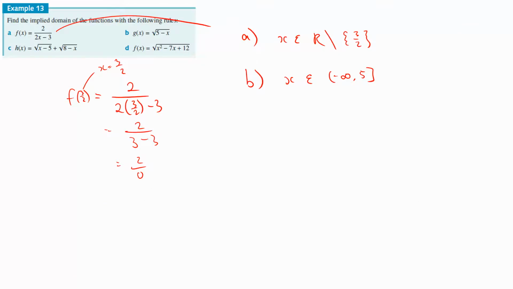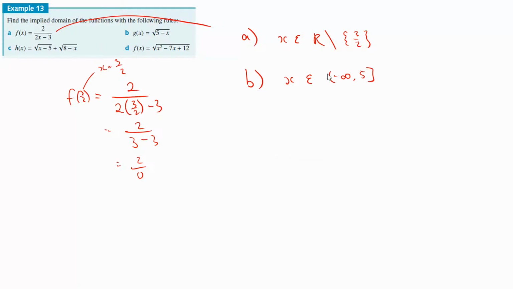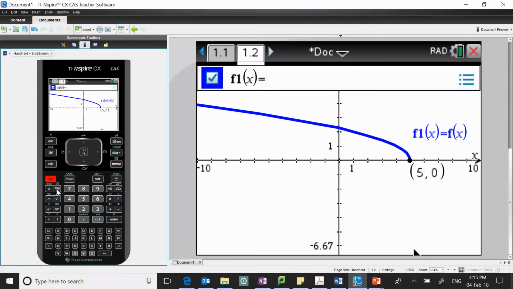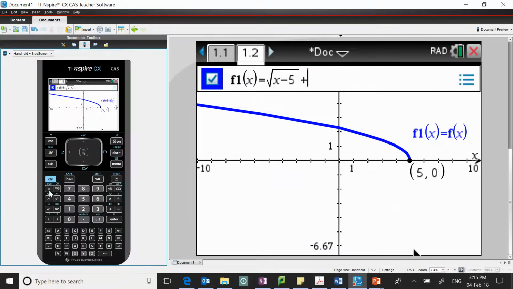And if you want to do, let's say, C, same thing again. You can do C, and what was it again? Square root of x minus 5 plus root of 8 minus x. Now before I press enter, the question is, if you have the graph, obviously you can sketch it and figure it out. But